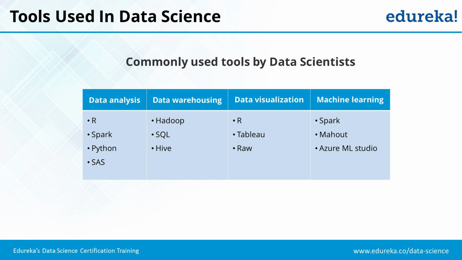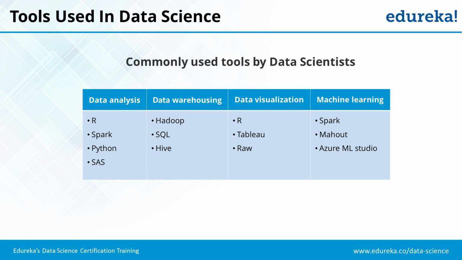Whereas SAS is a licensed product and it is used more commercially, and it is used by big organizations like big banks, American Express and Bank of America. So they are primarily using SAS. Python is picking up very rapidly and it is now replacing R. So it is moving ahead of R. R is still the most widely used programming language, but a lot of people are nowadays moving to Python because it is easier and it also provides a lot of flexibility. Now then, Spark is another tool for data analysis that is based on big data.